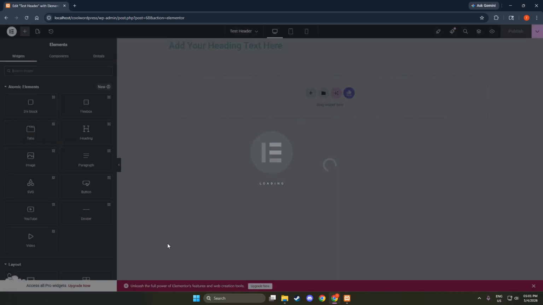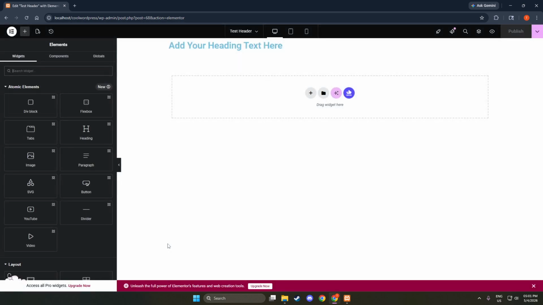Let's start with the logo. Click the logo widget in your header to select it. In the left panel, choose a new image if you're updating your branding and adjust the size and alignment so it sits nicely within the header. It's a good idea to make sure the logo links to your homepage for easy navigation and to add helpful